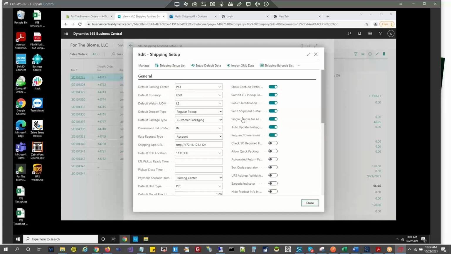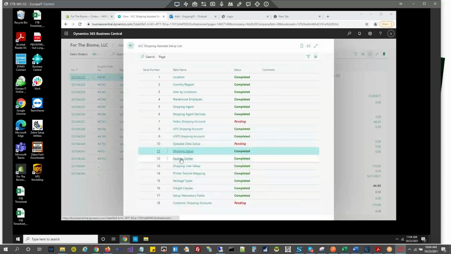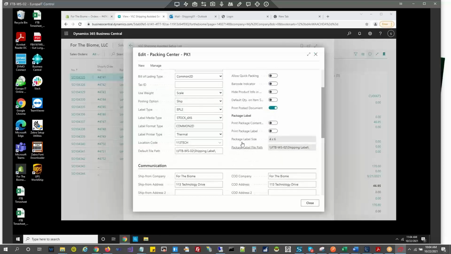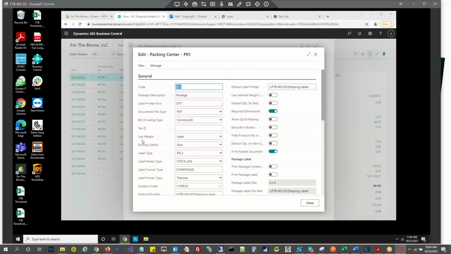Binesh, it is under packing center. No, it's in the posting option in the posting packing center. As of now, the option is only configured as ship, so the order is not posting an invoice. When you have selected this, it will do that as well. Yeah, both can be done.